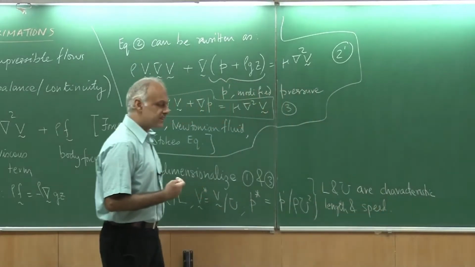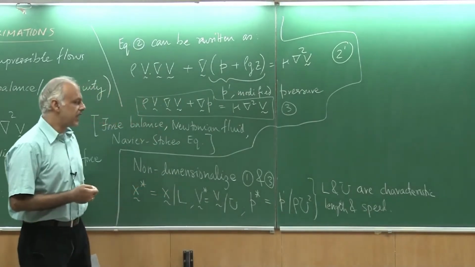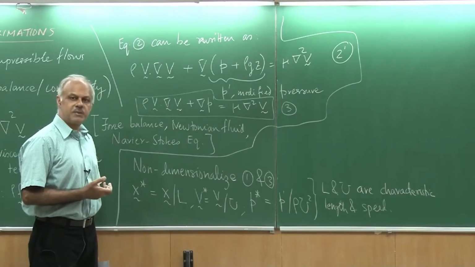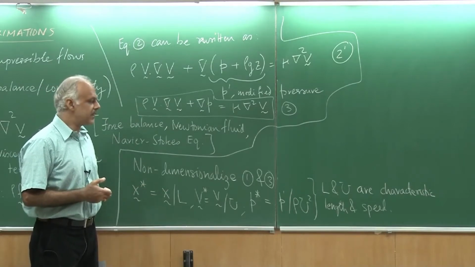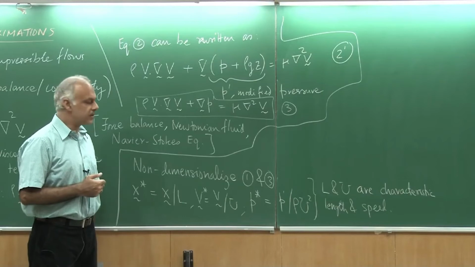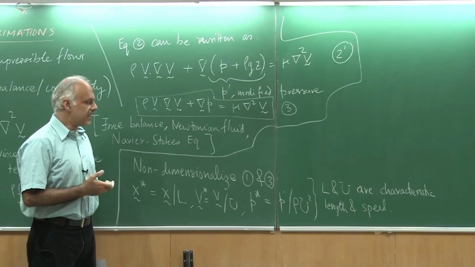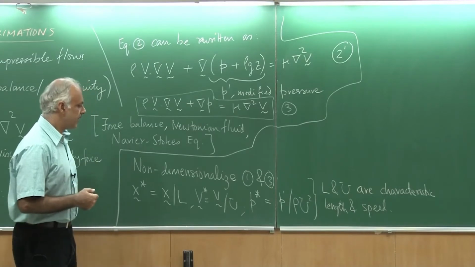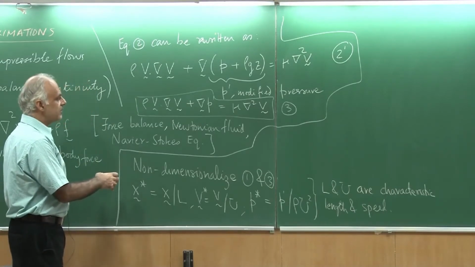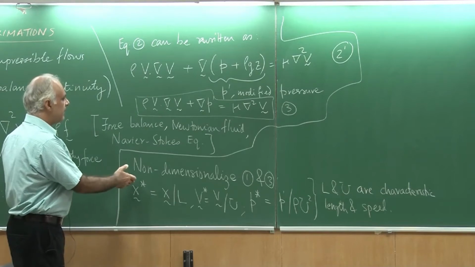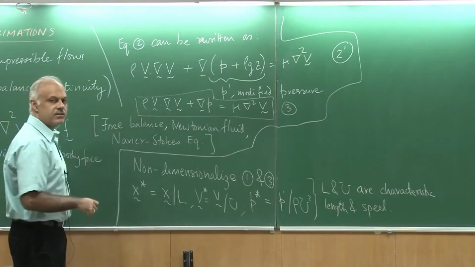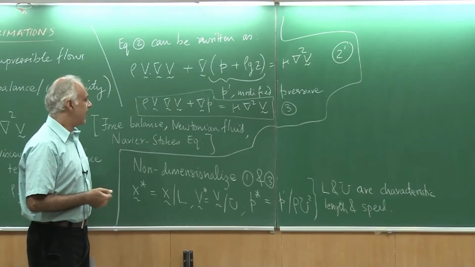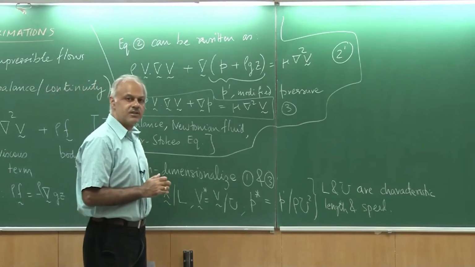And we gave certain examples earlier that if I look at flow past an airplane, the free stream speed, or the speed of the airplane, can be thought of as capital U, and we could take a length scale, for example the length of the aircraft, as L. Now, as we did earlier, we can rewrite equations 3 and 1 in terms of these non-dimensional variables, and we have done this before.